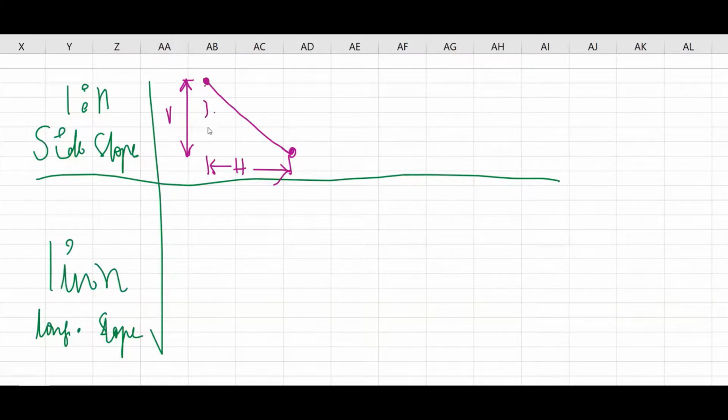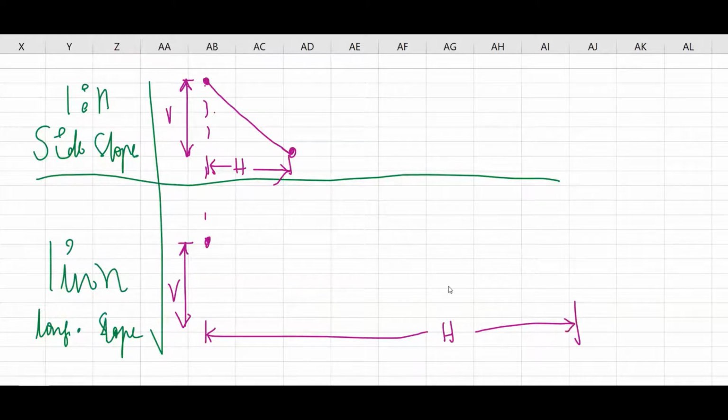The same point I am dropping down, I'll take the same vertical distance, but the H distance is very large. This is point A and this is point B over the cross section, right?